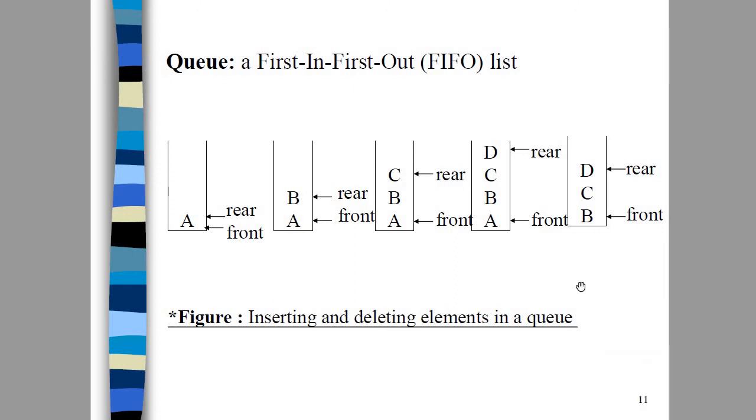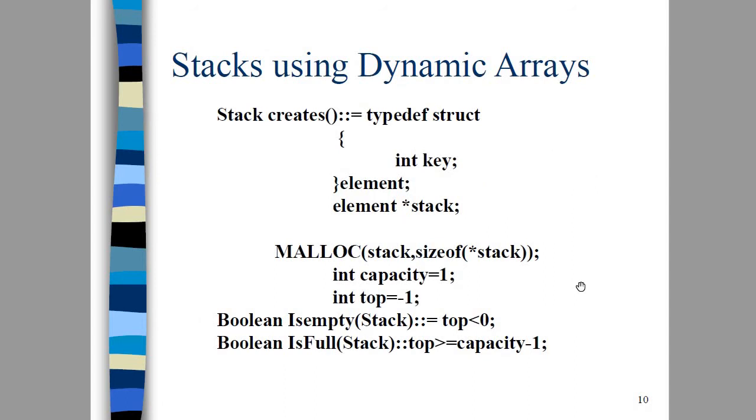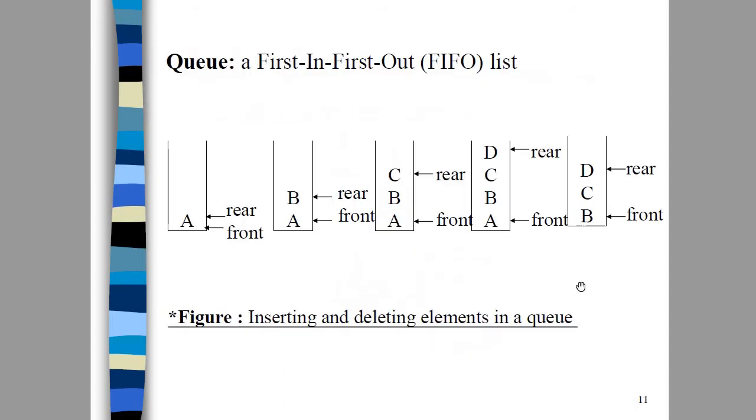Now we will move on to the queue concept. Till now we discussed stacks, so I will give an introduction for queue now. For queue we use the first in first out logic, so the first element in is the first out, and the last element will be last out. Here we make use of two pointers, rear and front.